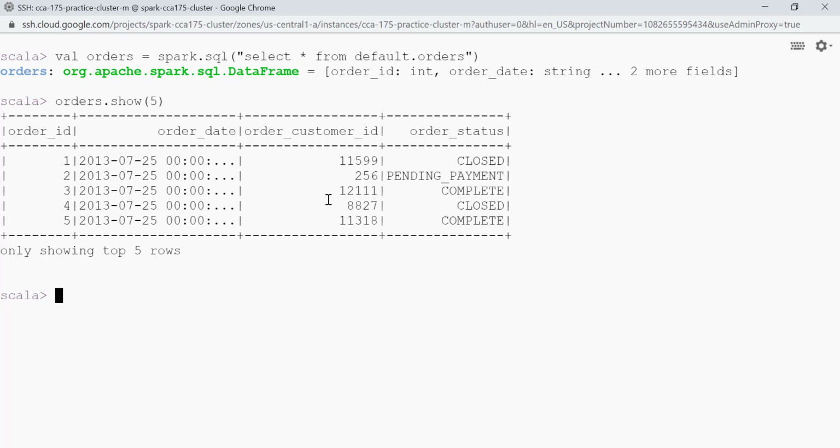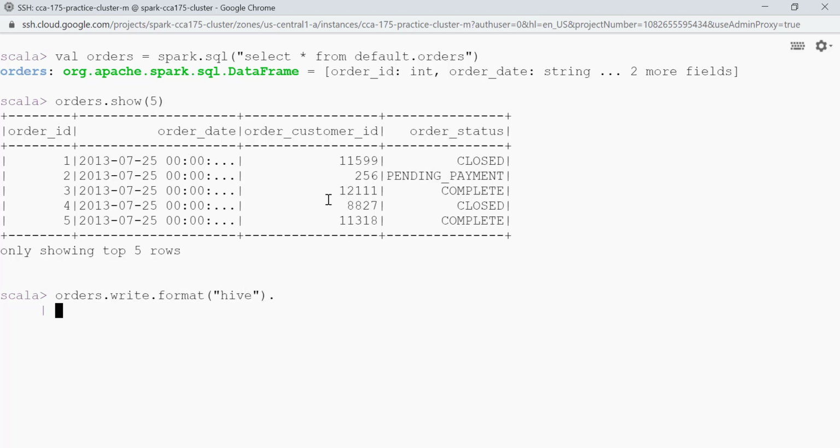Now let's create a new table in Hive using Save as Table API. For that we can say orders.write.format, and in format we can specify the format as hive.